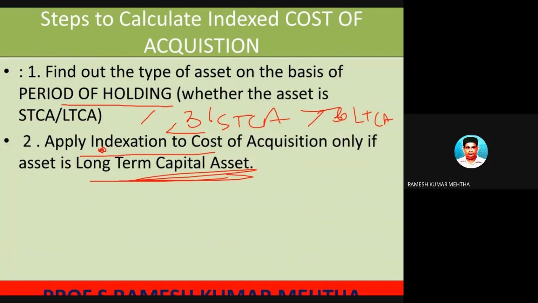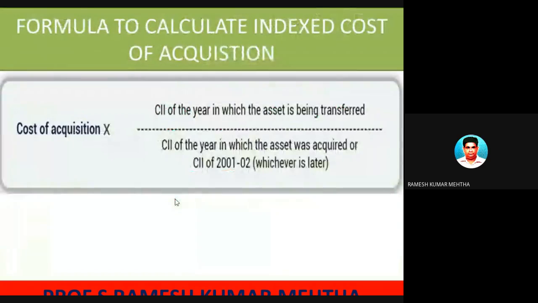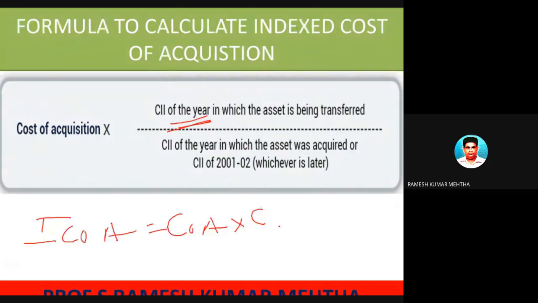If it is a short-term capital asset, you should not apply indexed cost of acquisition. Now this is very important. You can note this formula, very important formula. To find out the indexed cost of acquisition, the formula is cost of acquisition into CII. I will call it in short CII, cost of inflation index of the year of transfer